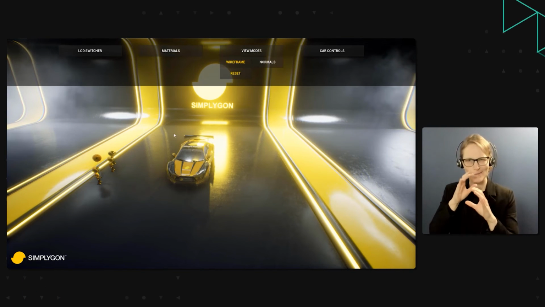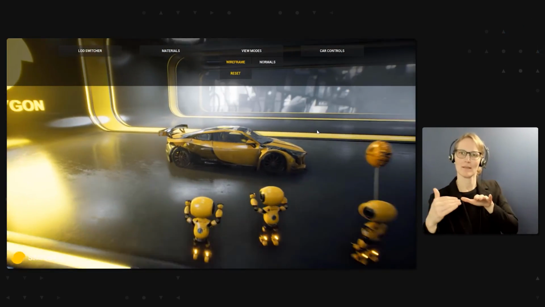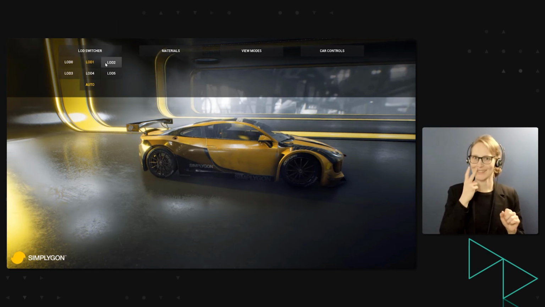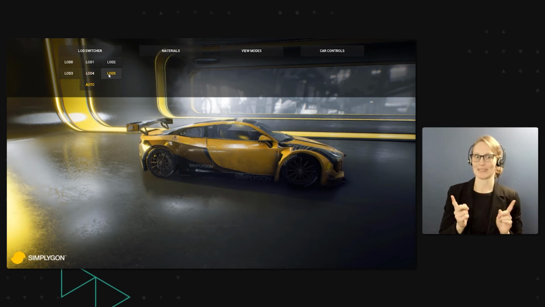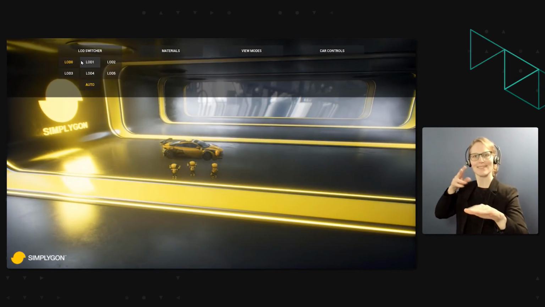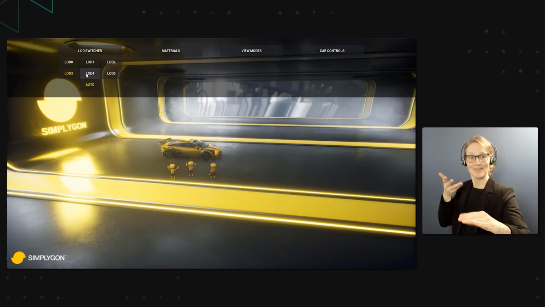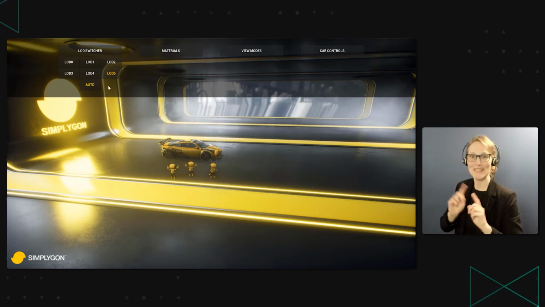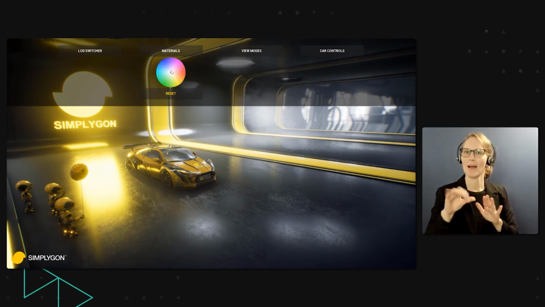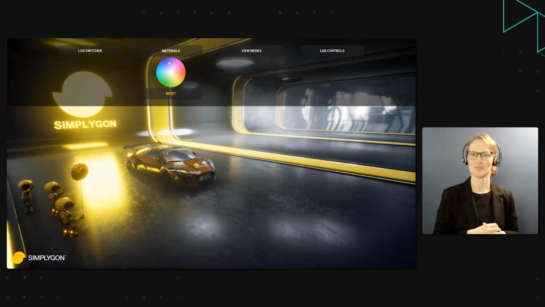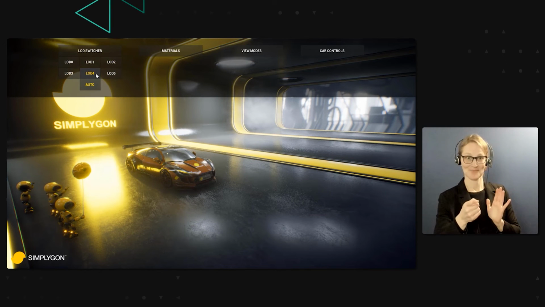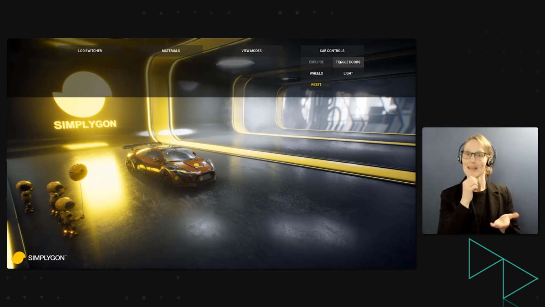But we need to scrutinize this a bit closer, so let's have a look from the side here. Stepping through these, you can see that there are, of course, differences, but we are looking at this very close up. What happens if we look at it at a more reasonable distance? Well, you can see that there's barely any difference. But let's select another color for the car and step through the LOD chain once again. And as you can see, not too many differences.